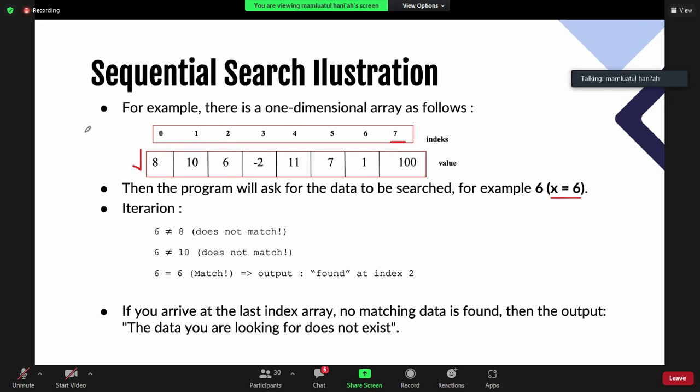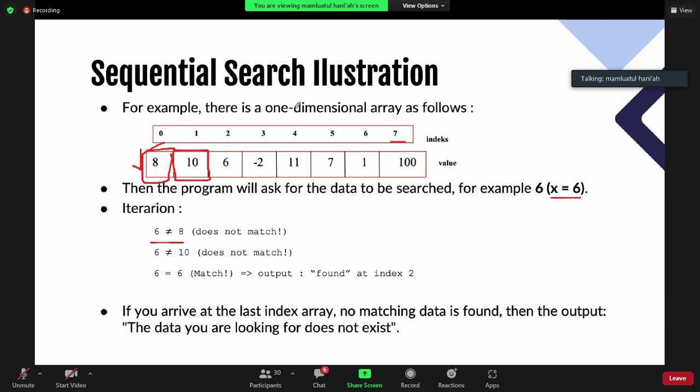Okay, first I will go to the zero index element, and I will compare my key to the zero index element. If 6 does not match with x, I go to the next element, the first index element.